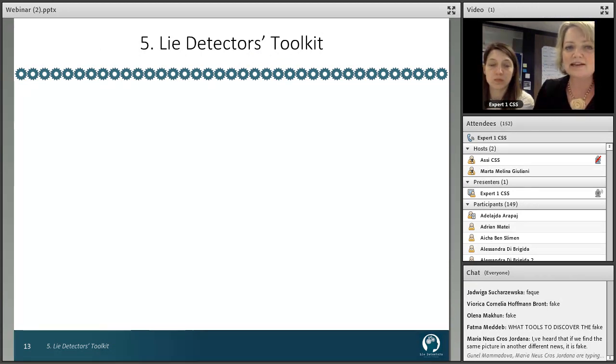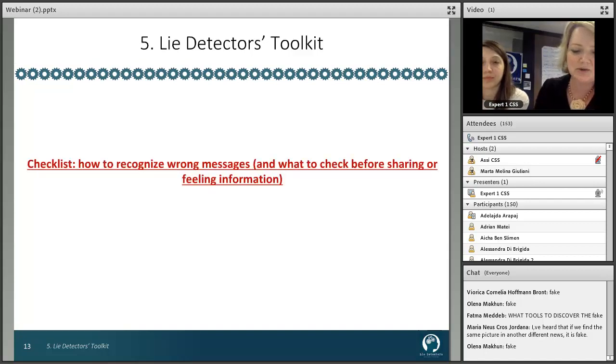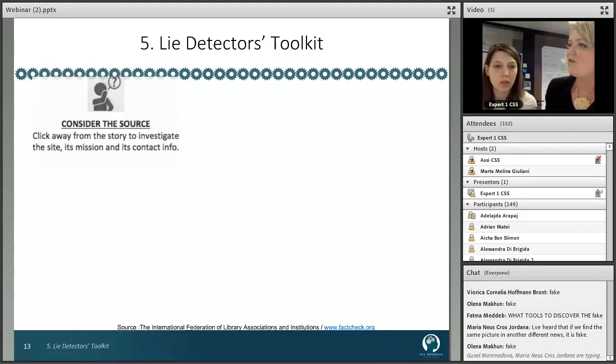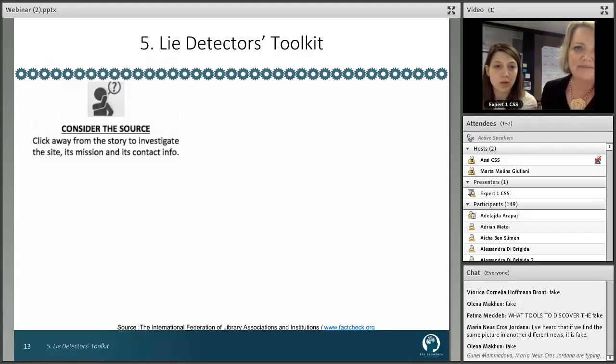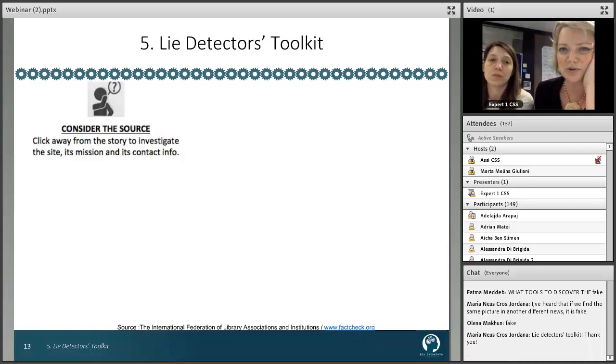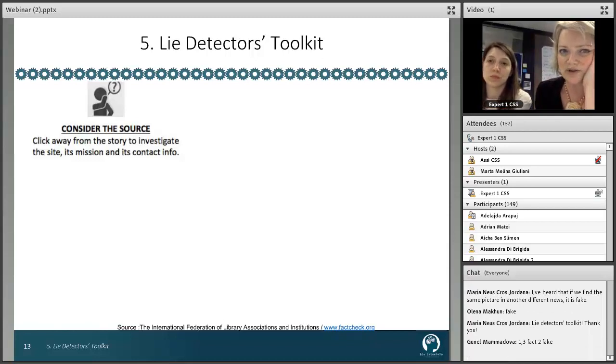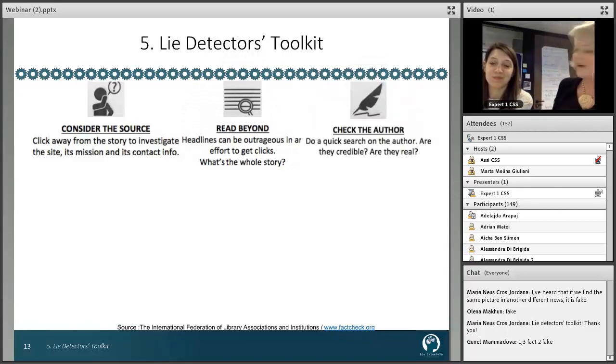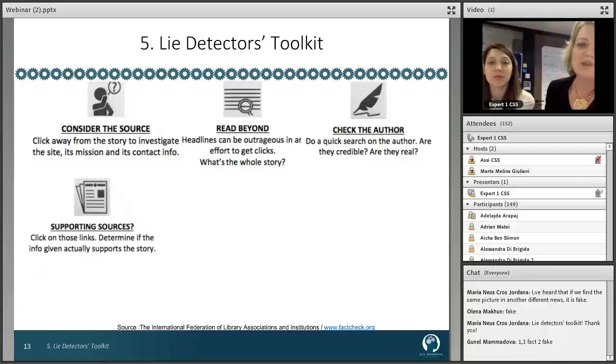Now, what we call the lie detectors toolkit, there's many ways. There's enormous amounts of resources and many lists and many checklists. And the one that we like to use is from the International Federation of Librarian Associations. And it's very simple. You'd be amazed at how simple this is, but these are actually things that kids don't necessarily think about. Consider the source. Kids often think that anything that's on Instagram or comes from their friends must be true. Not all of them, obviously, but so ask them, consider the source, look at somewhere else, read beyond the headline,